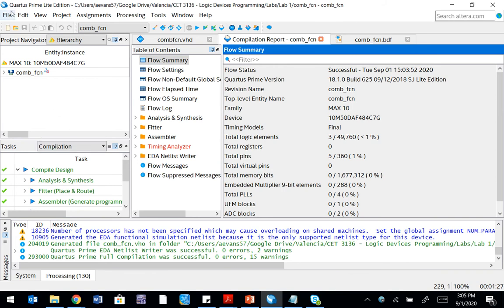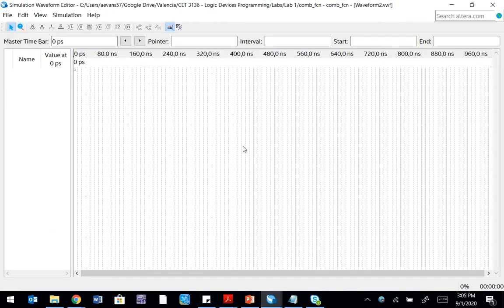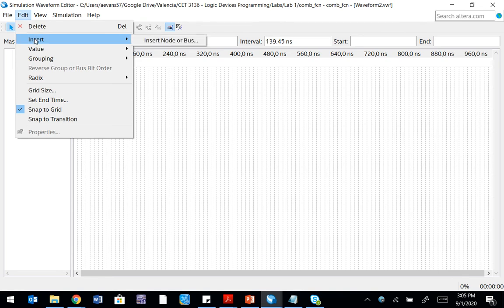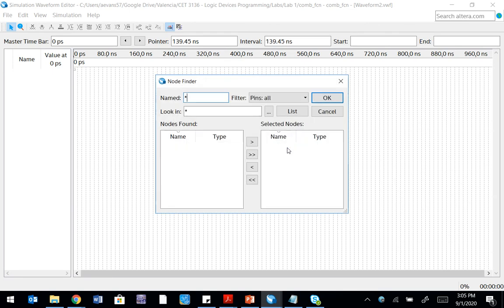All right, now we're going to go to File, New. At the bottom, scroll down, University Program VWF. We're going to open that up. This is going to allow us to get a waveform to simulate our code. So the first thing that we're going to do is go to Edit, Insert Node or Bus, click the Node Finder button, click List,